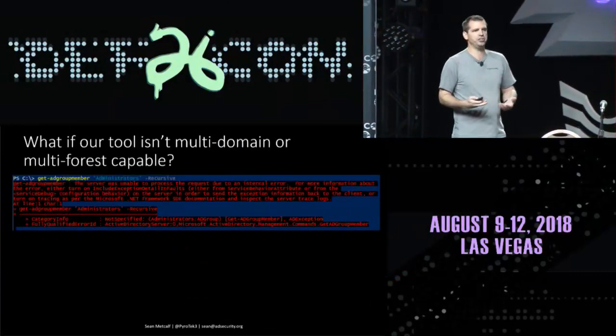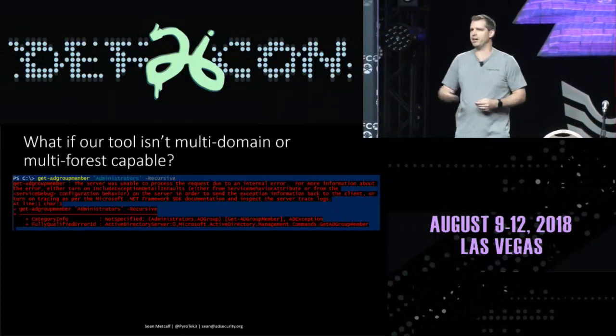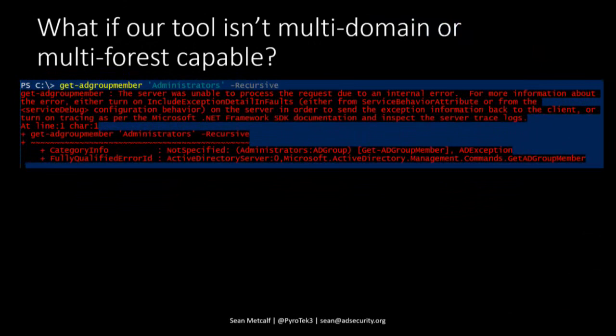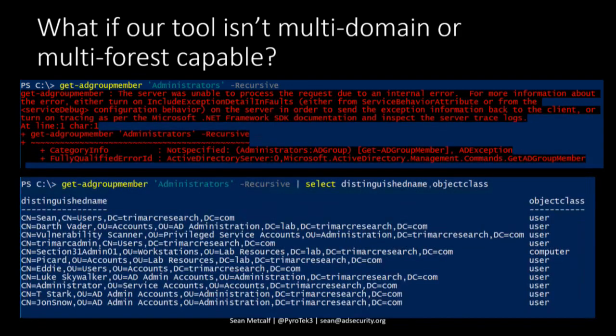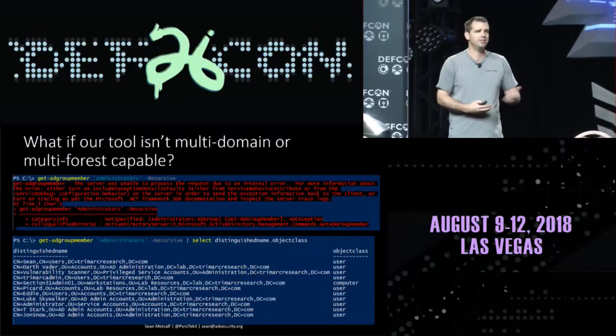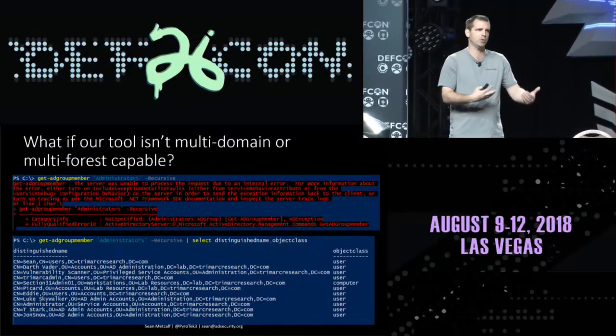And if we have a tool that isn't multi-domain or multi-forest capable, which, by the way, this is Microsoft's PowerShell cmdlet, it is not correctly multi-forest capable because when I add a group from another forest into the administrators group in this domain, it breaks, at least in half of the environments I've seen. And when I run it against the administrators group, recursive, it doesn't give me everything. So definitely use the right tool. Will's PowerView works really well for correctly enumerating the membership, but test your tool in a lab, test it to make sure that you're getting what you're supposed to be seeing. Otherwise, you might miss something.